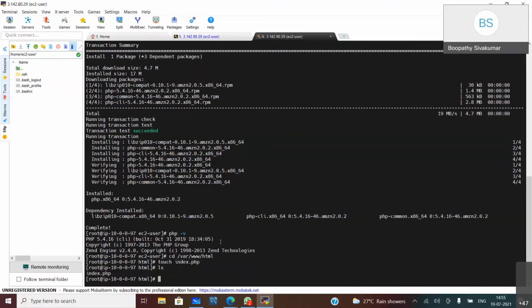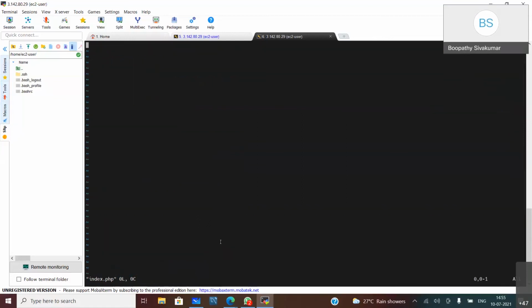Now I am a Vim user, so I am using Vim as an editing tool. Can you type vim space index.php.